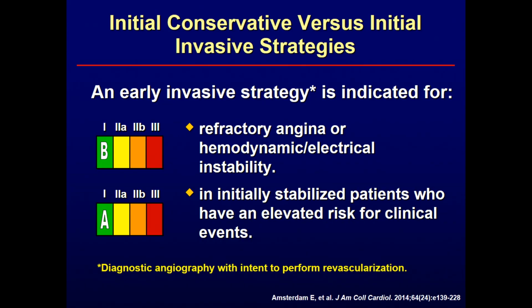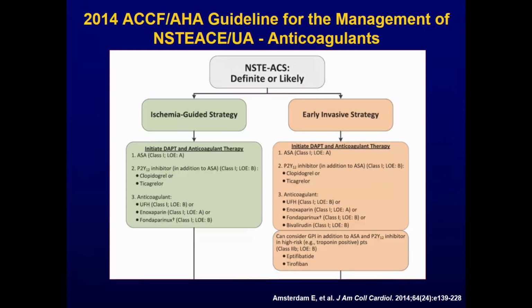Now, who should go to the cath lab for non-ST elevation acute coronary syndromes? An early invasive strategy, which is defined as a diagnostic angiography with the intent to perform revascularization, is indicated for those patients who have refractory angina, hemodynamic or electrical instability, or in the initially stabilized patients who have elevated risk of clinical events. And so here's the algorithm from the guidelines that show two strategies: ischemia-guided strategy, which really is